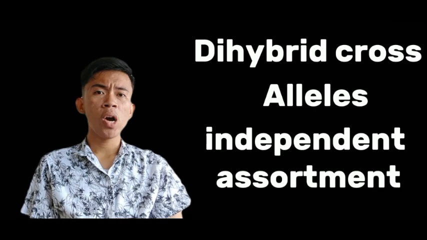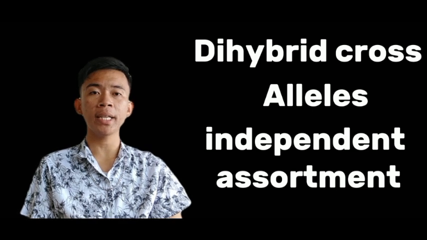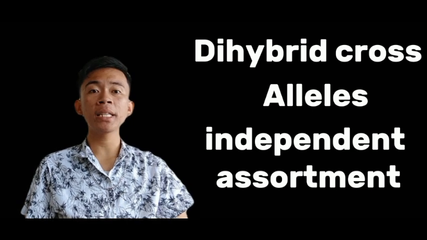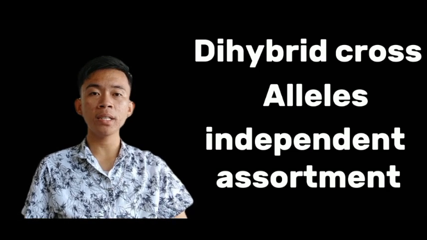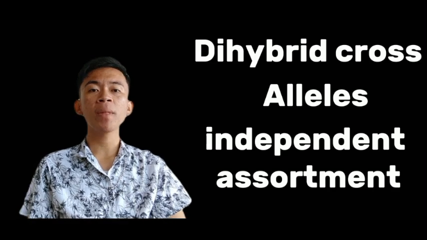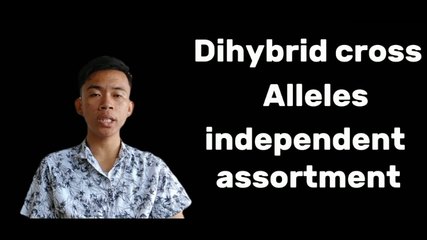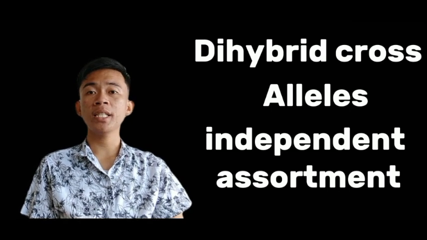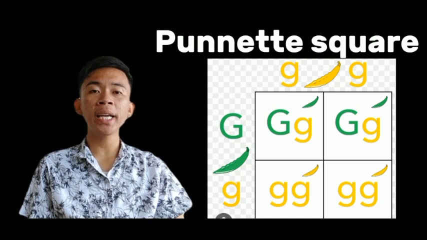Independent assortment. One of the fundamental principles of dihybrid inheritance is the law of independent assortment, which means that alleles of different genes segregate independently during gamete formation. This results in a variety of possible combinations. Fourth is the Punnett square. This is to predict the offspring